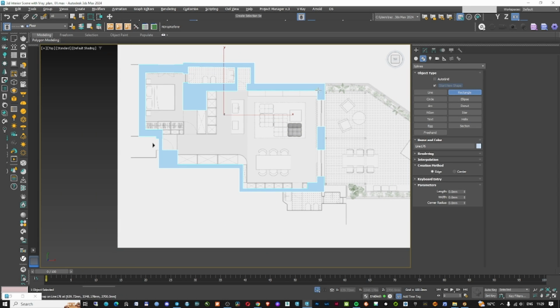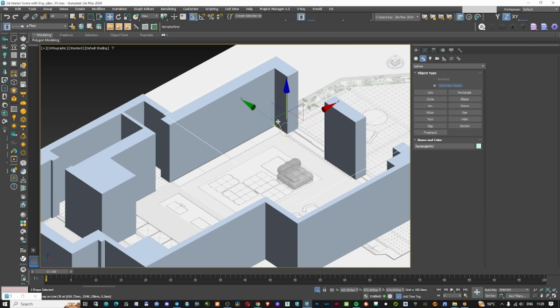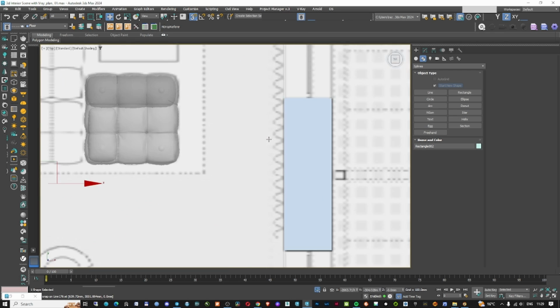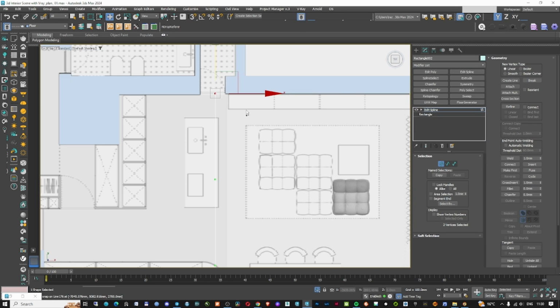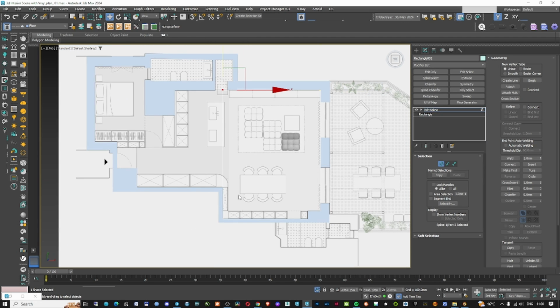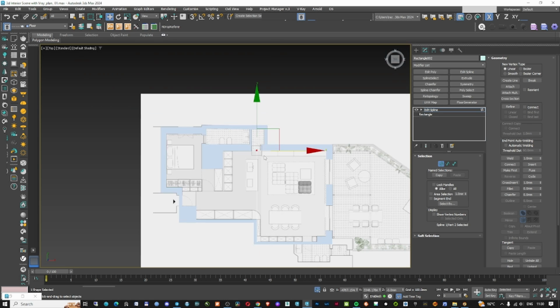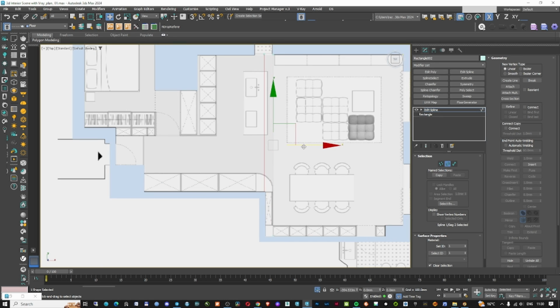So for the floor, I'm just gonna go with a rectangle and click on these two. I'm gonna move this here on the bottom part, and now by using an editable spline, I'm gonna select all of them and make them a corner, and after that I'm just gonna select this and both of them and move them here, and after that with a selection and shift I'm gonna move